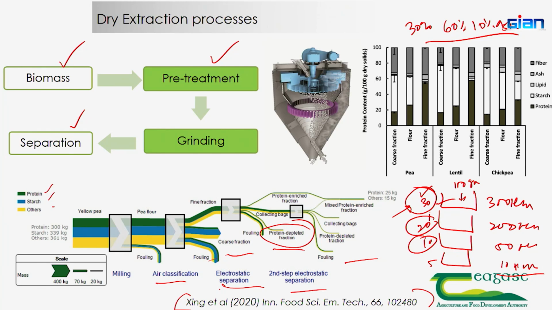And here you can see coarse fraction, flour and fine fraction. All these fine fractions contain a large amount of protein, because they have lower molecular weight and you can grind them properly. Similarly, if you dry a fish and grind it and put it through the particle size separation,